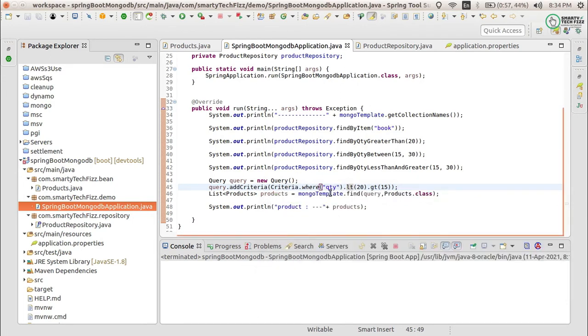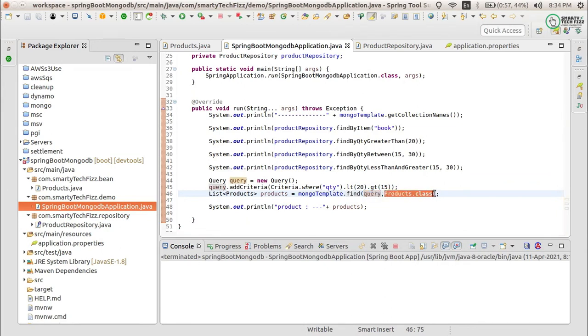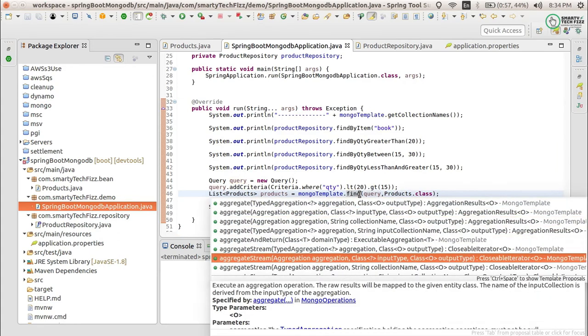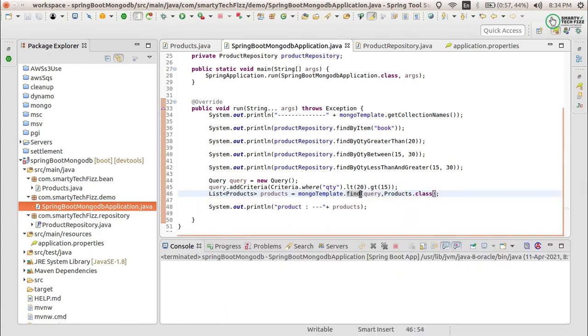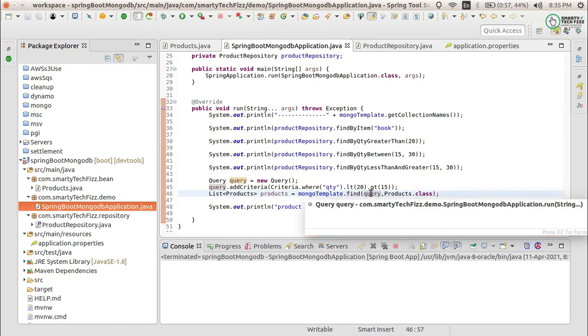Then I am using this directly with the find query of the Mongo template and providing the query, and I have provided the entity class that replicates the collection. You can see what other methods we have in the Mongo template: aggregate, stream, count, collection, exists. There are many methods given in the Mongo template. You can use any of them, but we are using the find query. That is why I have mentioned it like this.